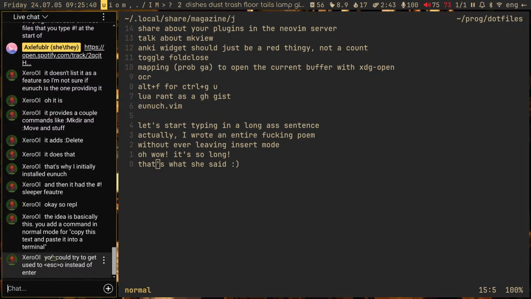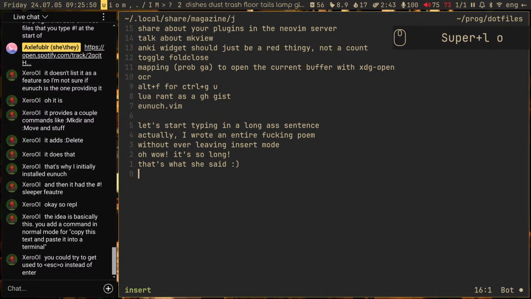I actually sometimes do that, but sometimes the semantics of pressing enter are needed. What do I mean? If condition, I am pressing enter. I am pressing escape O. I needed to press enter there, you know? So sometimes it doesn't work. Or rather, it sometimes doesn't do what you actually want. Which is why escape O isn't always a direct